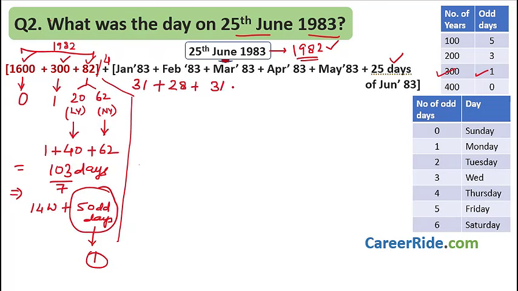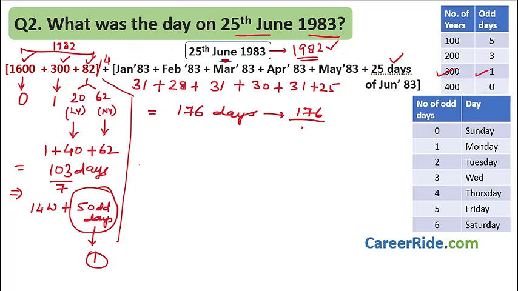April will have 30, May will have 31 again. And then we have these 25 days of June. From this we get a total of 31 threes are 93, plus 31, 124, plus 30, plus 28, plus 25. This is equal to 176 days. And now I want to find out my odd days from here. So what do